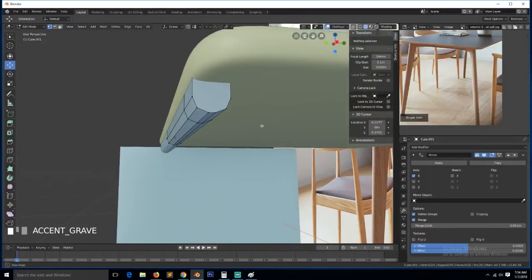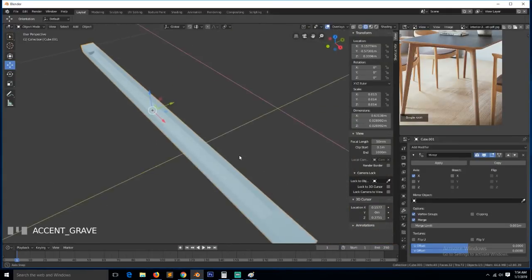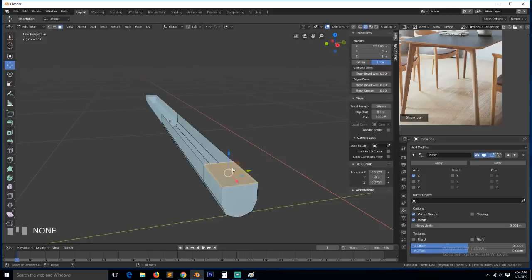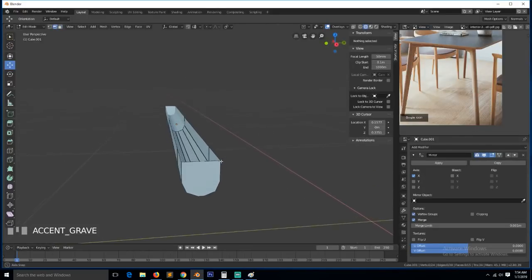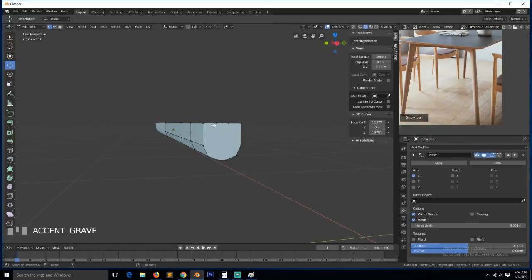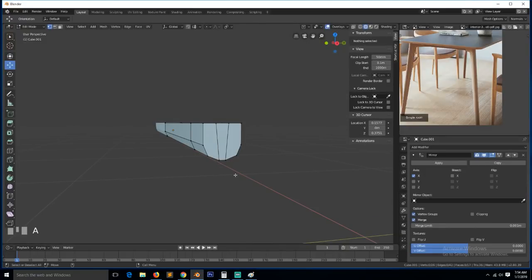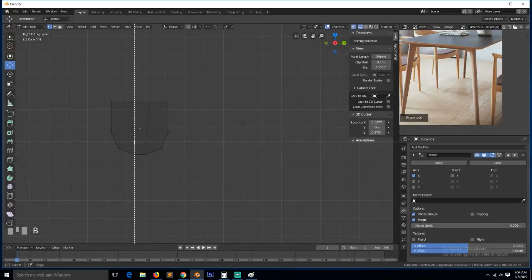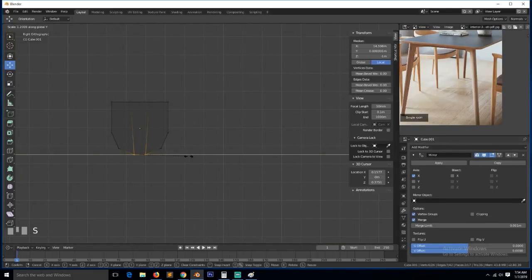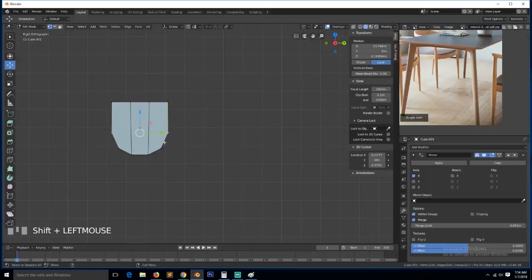So for this we are going to need, I think, a loop here. So let's first isolate this. We don't need this first here, so we can subdivide this twice, and then join these two vertices. I think they need to be straightened, so I can select these bottom ones and then scale them in the Y direction, like that. And I think we can join this to this,